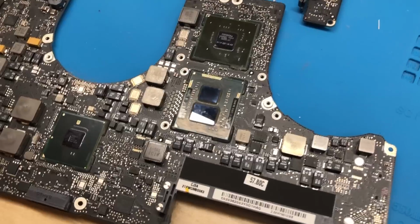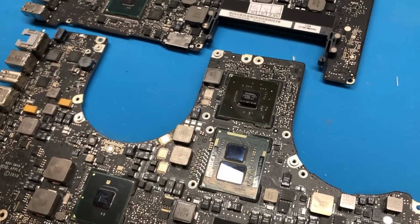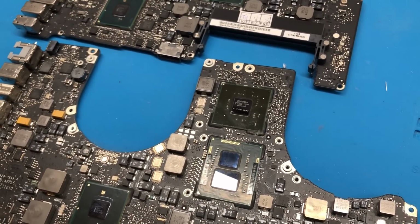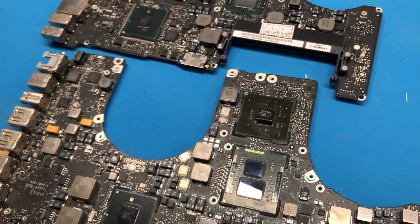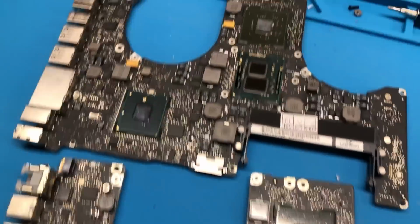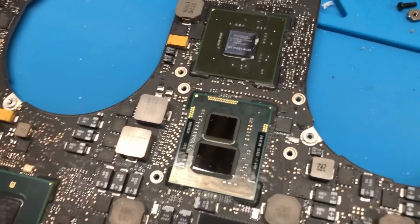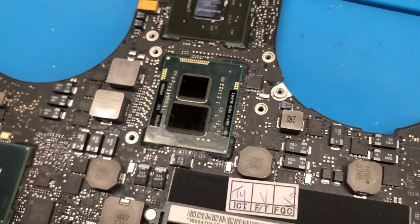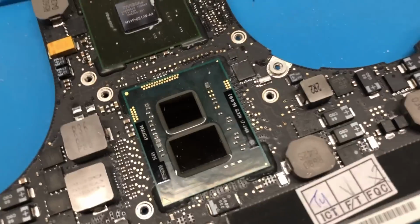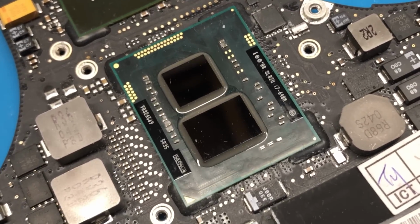But the reason I'm going to be doing it in this video is because the CPU on this particular board is actually dead. Since I have to replace it anyway to make this board functional again, I figure why not just upgrade the CPU to the best one that I can use on the machine. So for that, I'm going to be using this board right here, which is a donor board,